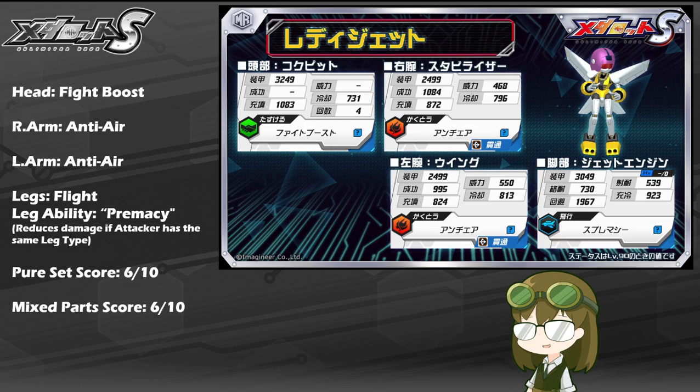In Ladyjet's case, Fight Boost is a support-based skill that, once activated, will buff all melee damage of herself and her allies, or any allies that are using melee-based skills, by about 20 or 30% or so, as long as that buff remains active. Right and left arm of anti-air are skills that we of course have seen before countless times,